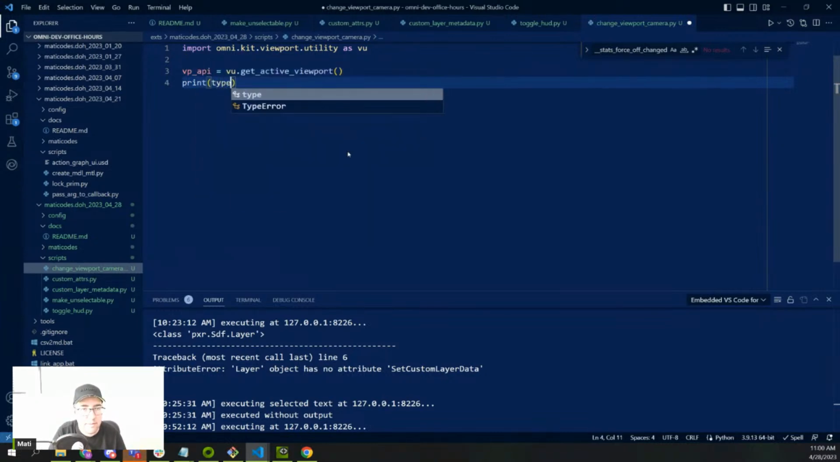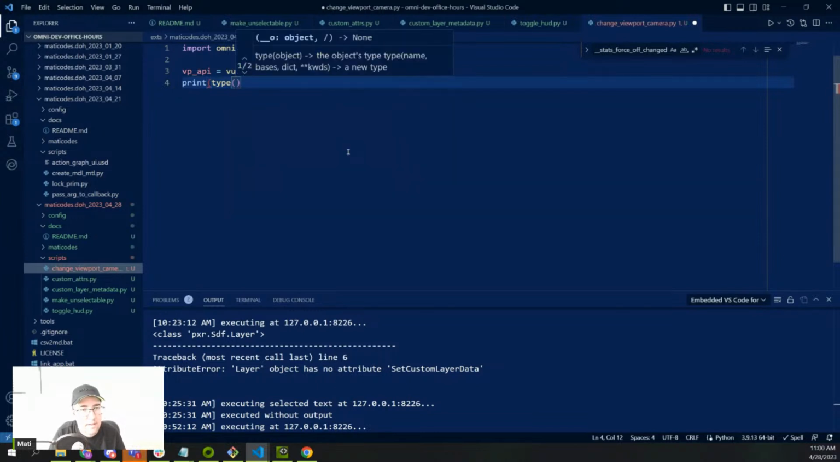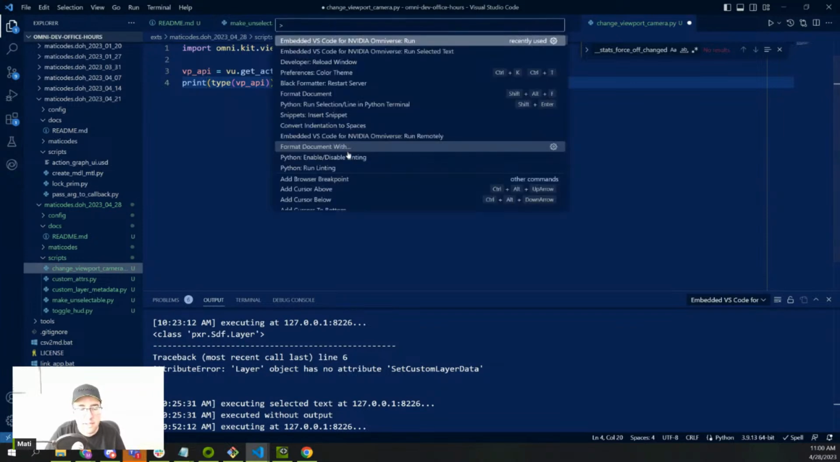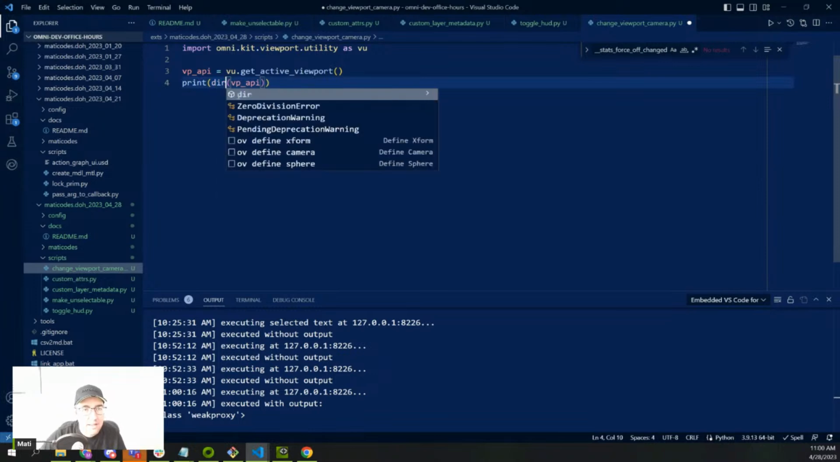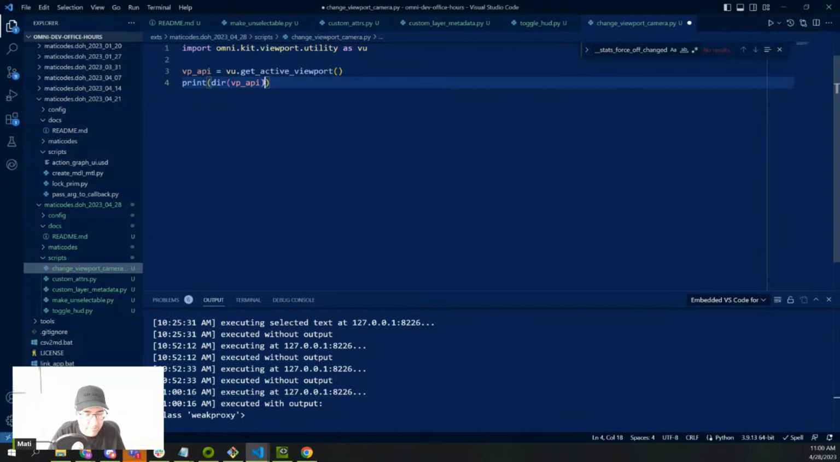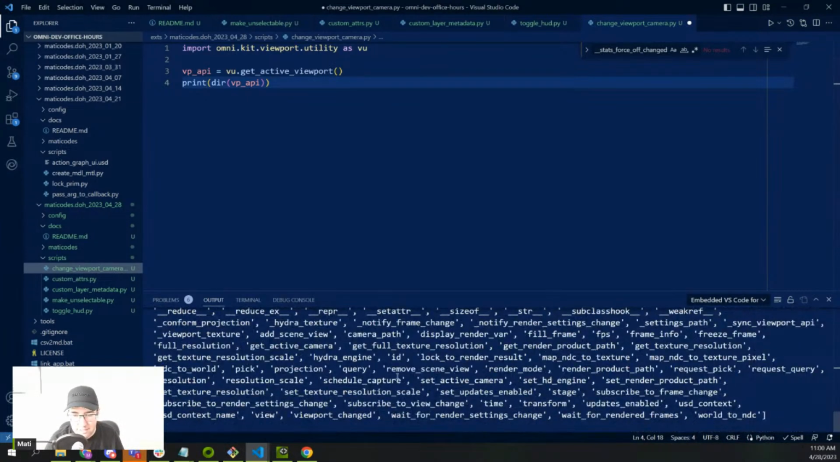And we can verify by printing the type. Run that. I'm pretty sure it's the viewport API. Here's all the things we can do. And we can set the active camera. I guess that's all you want to do. So let's go ahead and